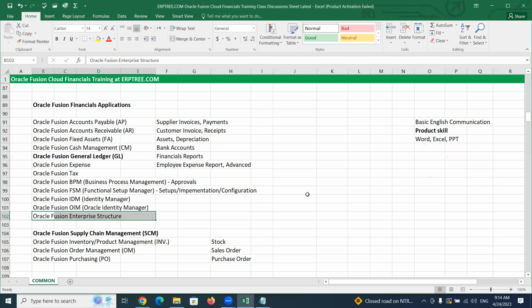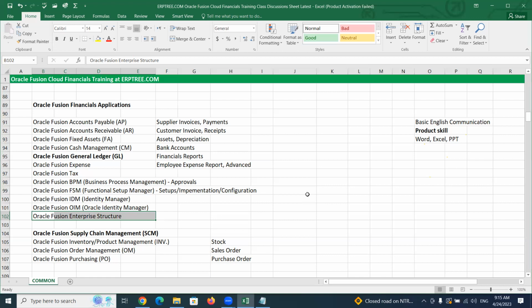Once we understand the real business, what they are doing, the real world, we bring that into the system environment. We create a virtual environment. Say the client is doing the business in India and the US, India 5 branches, US 10 branches. They are into so-and-so business. The same environment you create in the system with the concept called enterprise structure.